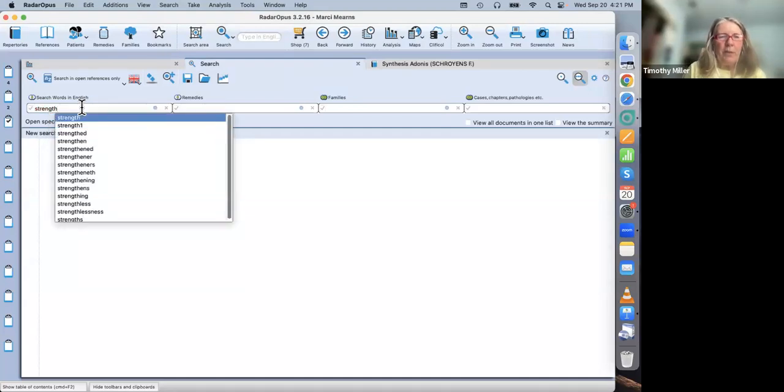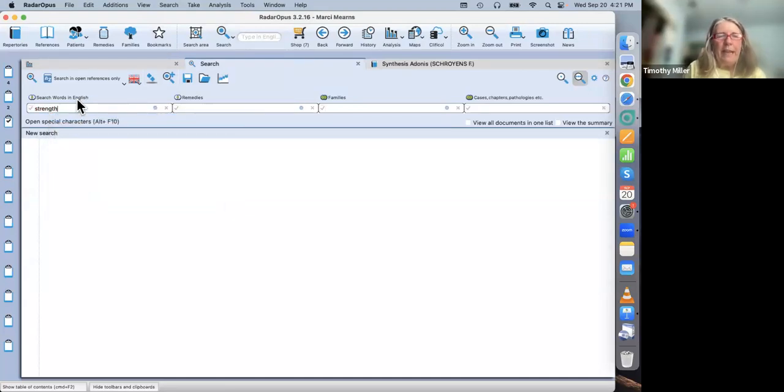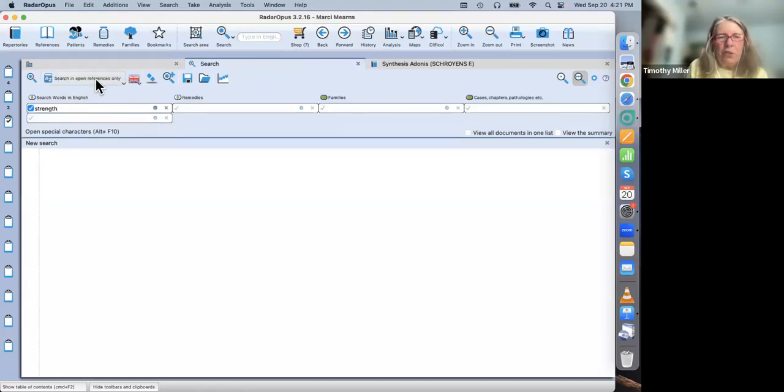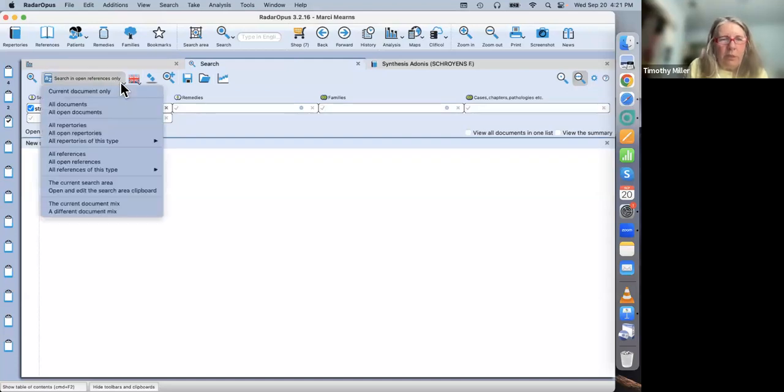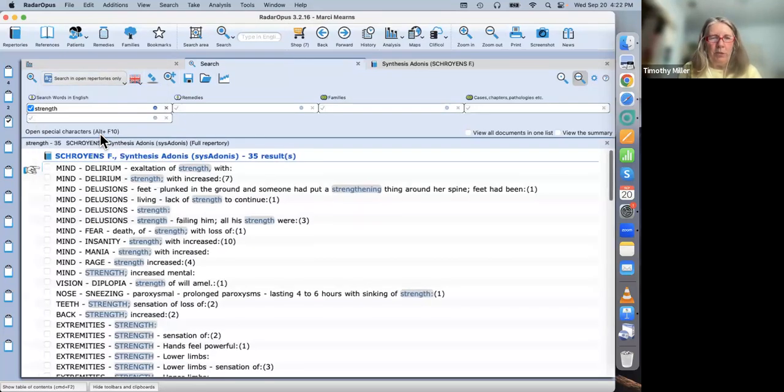For a search word, I'm going to search the word strength, and I'm going to search in, you'll see this button just above where I typed in the word. Search in open. What I want to do is search in all open repertories. I've only got one repertory, but that's going to make my program go a little more quickly. And what I've got here is a very quick search then through the Synthesis Adonis edition with every rubric containing